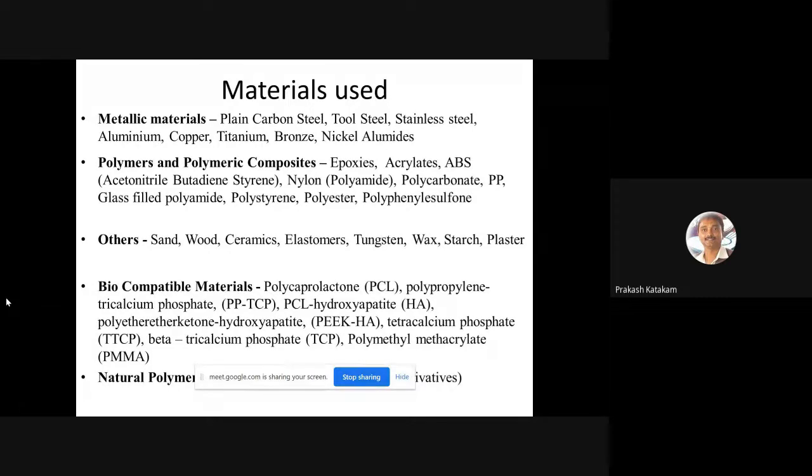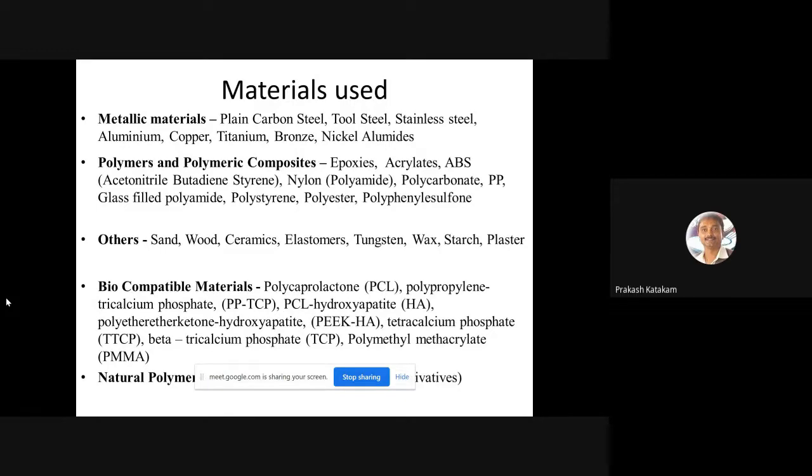And we have resins, polymethyl methacrylate polymers, which are used for SLA technology. And we have other materials like sand, wood, ceramics, starch, even plaster. You name a material, you can do some research and make it useful for 3D printing purposes using various techniques.